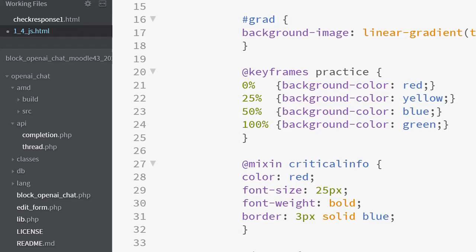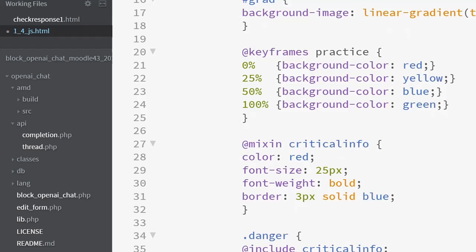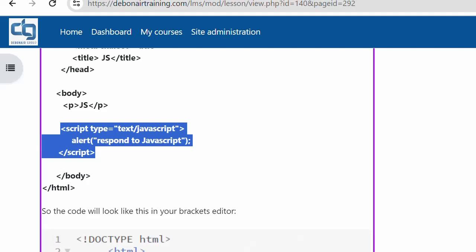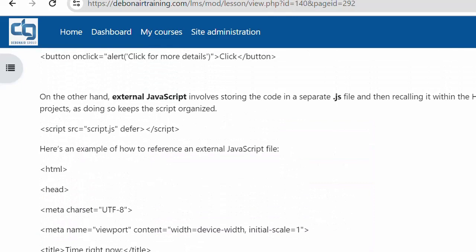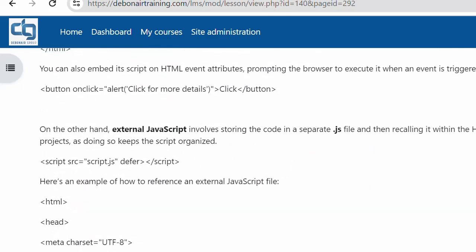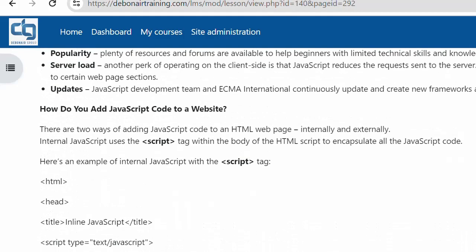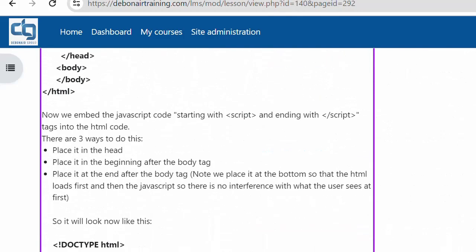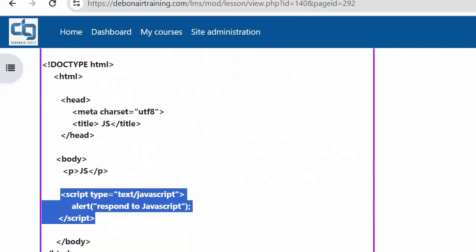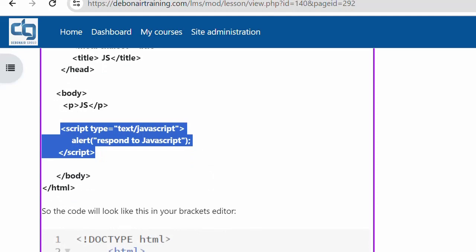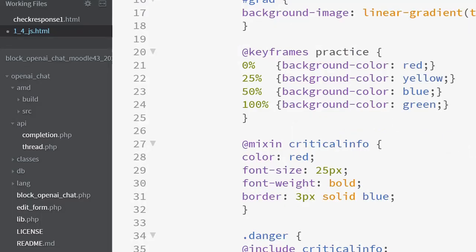So what you now do is you give that space like so, and remember we're going to write an alert here, which is, as it says here, alert respond to JavaScript. This is how we're going to write our first alert, okay? So an alert is just a JavaScript function or JavaScript method that is inbuilt. So this is what we're going to copy here: alert respond to JavaScript, okay? So inside of this script, we're going to say